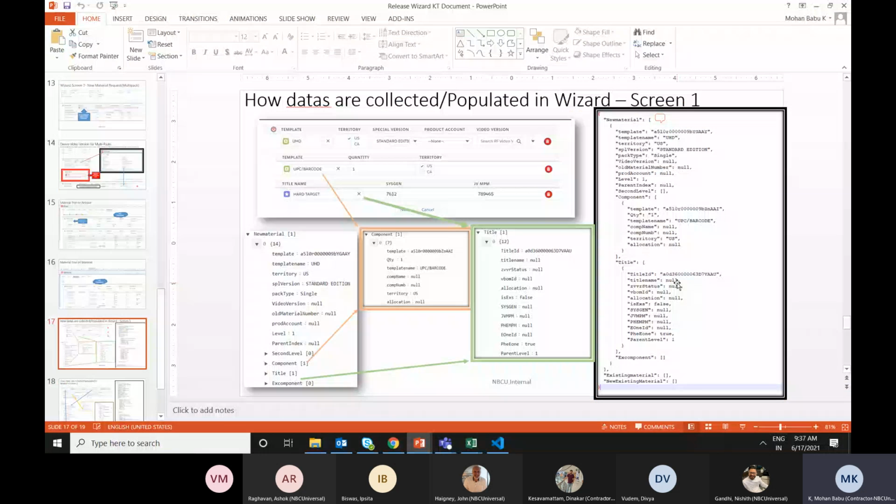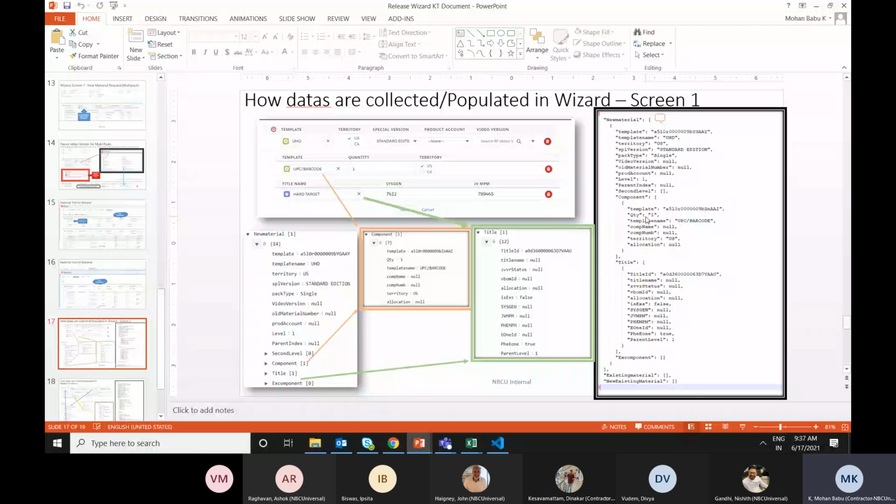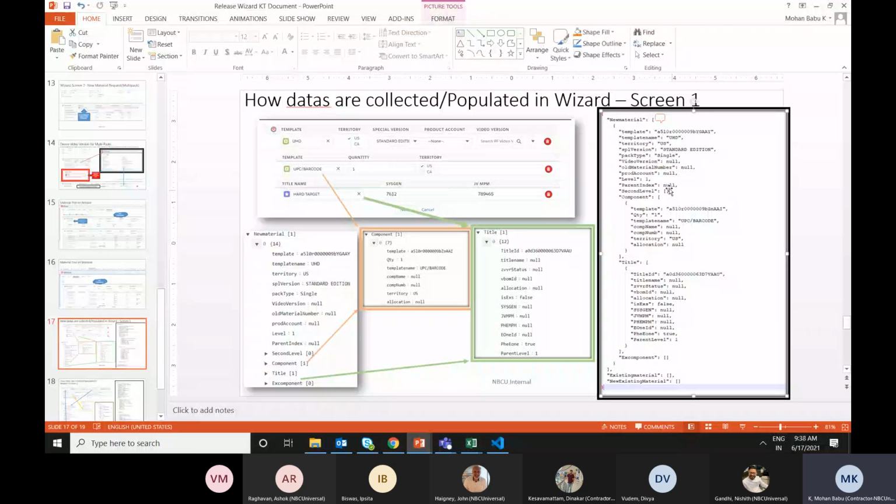And if I click on new material here, okay, so there is a new material attribute. In the new material attribute, we'll be collecting those details. So there is a variable which contains the new material variable, existing material variable, and new existing material variable, which contain the array of elements. Under the new material, for each and every element we have the values. What are the required values that we need? And if it has any child component, that child component again will be an array of elements.